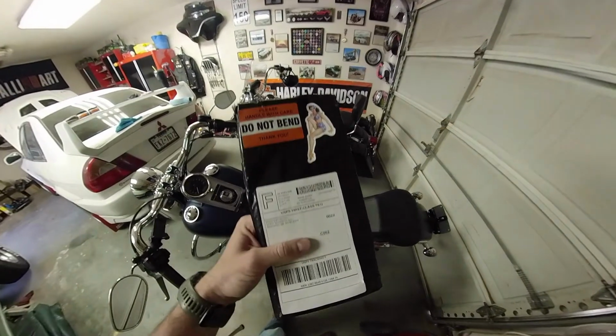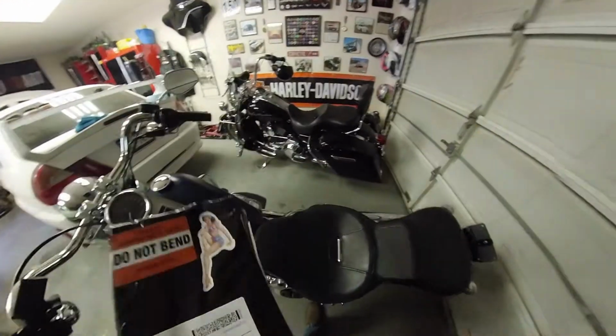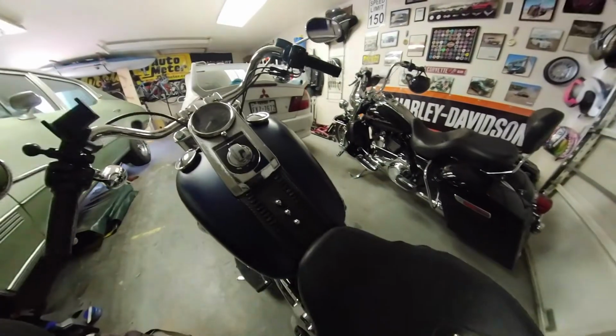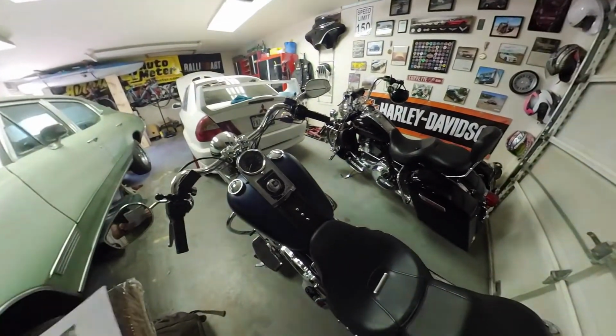All right, showing off a new part for the Fat Boy. This comes from the Dirty Gringo. It is a new tank bib. I'm going with distressed brown seats, and so I figured I should get a distressed brown tank bib as well. This one I really like. It's got a